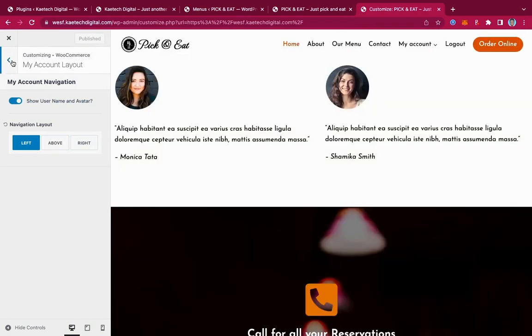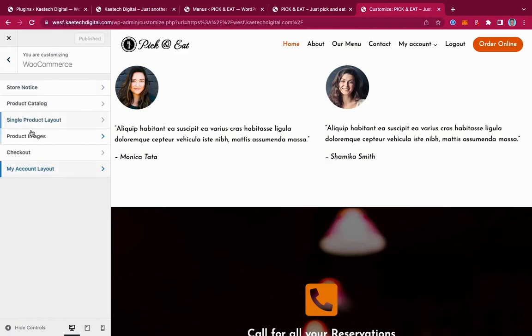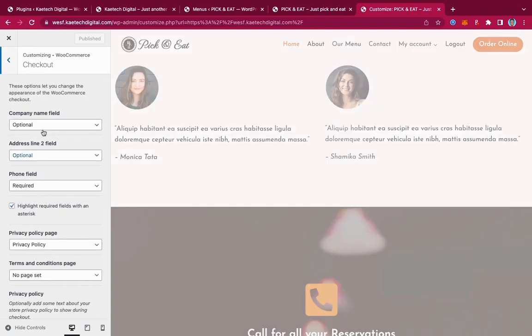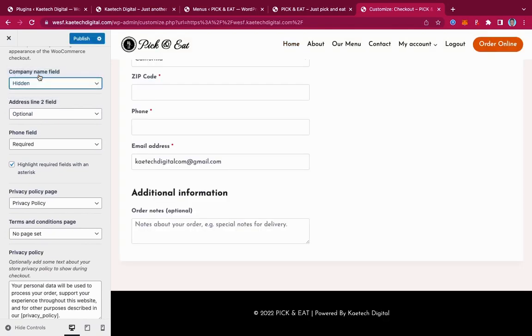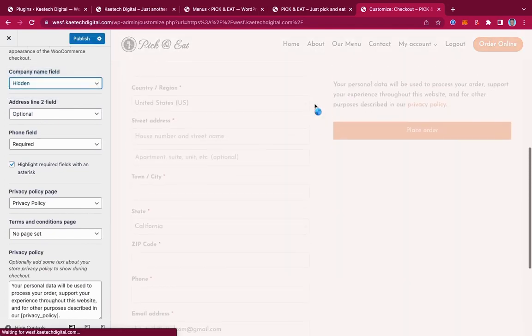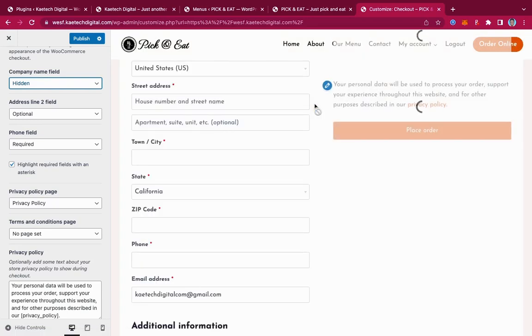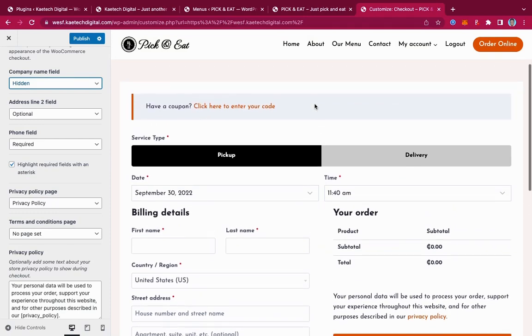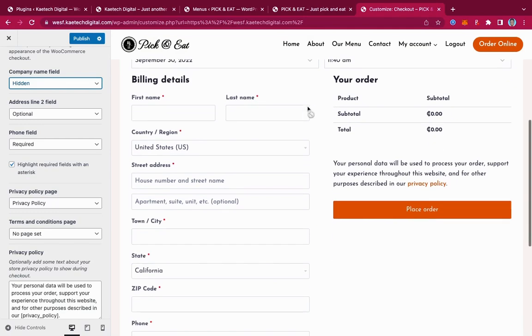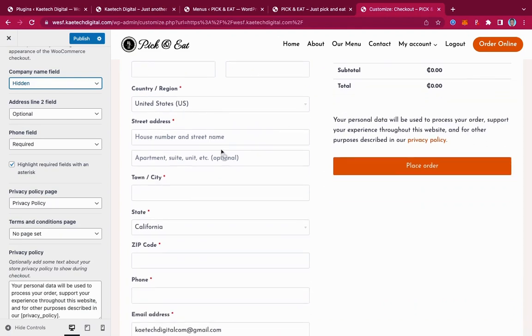Now I can go back over here, and if you want to do any settings over here, you can of course do it. For the company field, if you want to hide it on the checkout side, you can hide it. So the company field should be hidden. Anything that you want to hide, you can hide it. As you can see, I have the full name, the company field is hidden, and the address field 2 also you can decide to hide it,